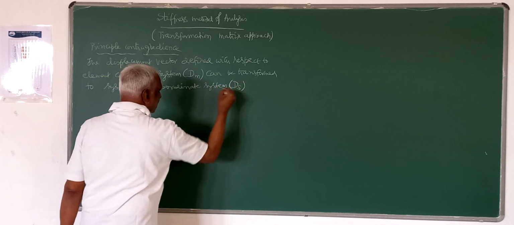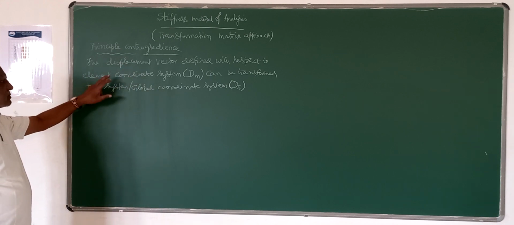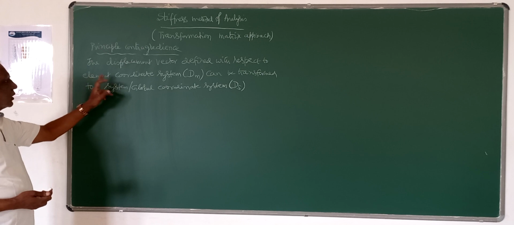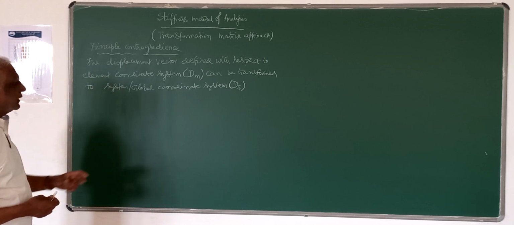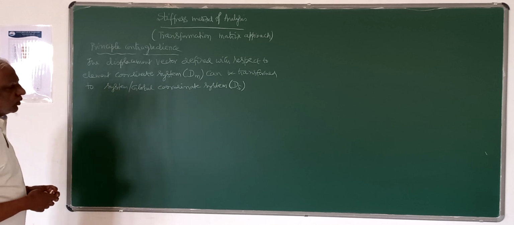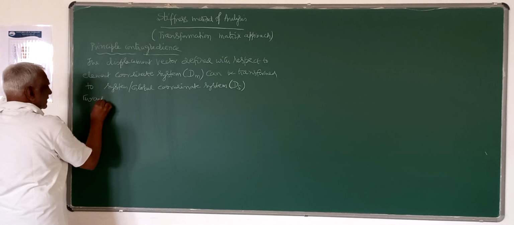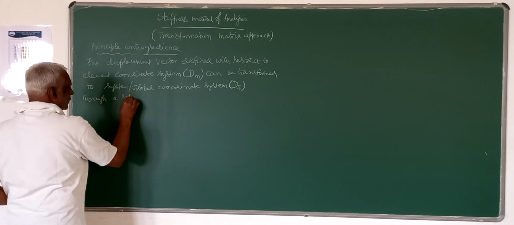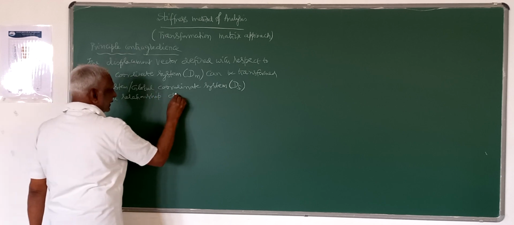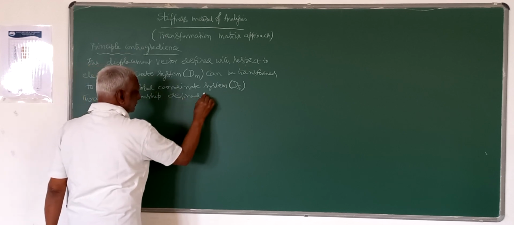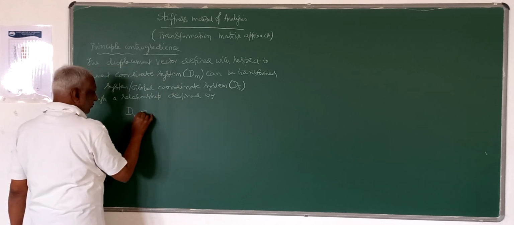The same displacement vector which has been defined with respect to the local or element coordinate system can be transformed into the system or global coordinate system through a relationship defined by dm is equal to